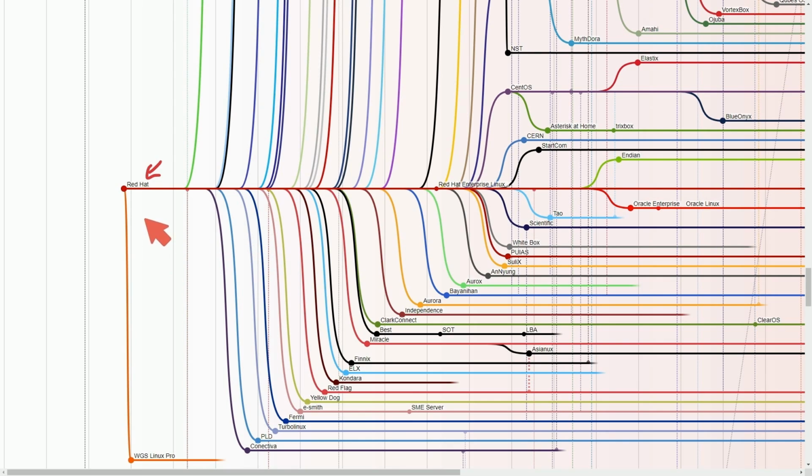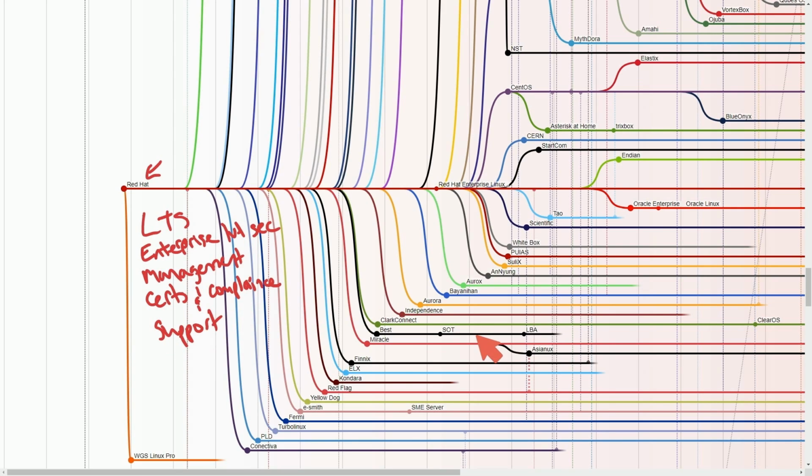It's really known for things like long-term support, enterprise level security, and comprehensive management tools. These types of distributions tend to also have certifications and compliance measures, and finally, of course, enterprise support. That's really what makes these large-scale, stable, scalable, and well-supported platforms for businesses and organizations to build and deploy IT infrastructure.